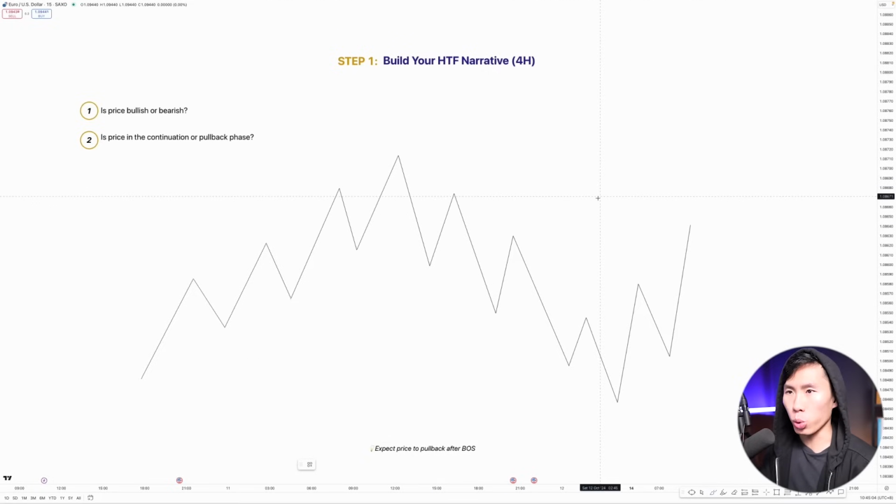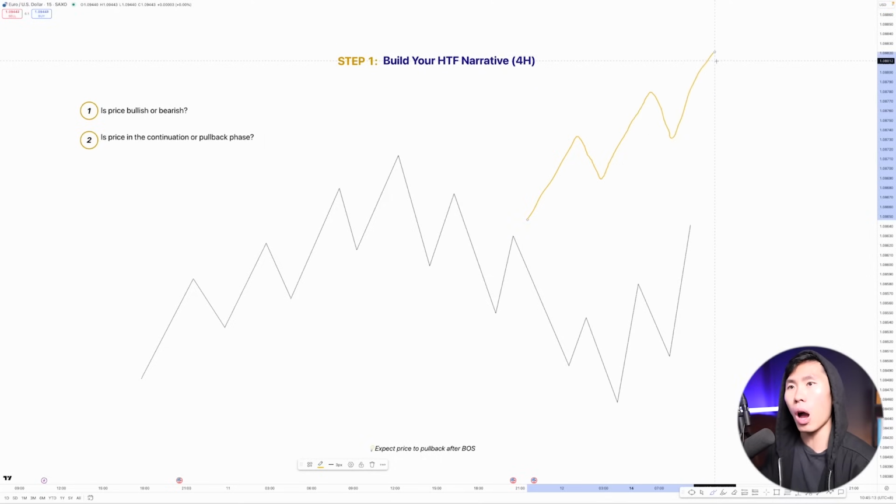So we know that price will not just go up or down in a straight line. If price wants to go up, it will go up, pull back a little bit, and then go up even higher, pull back a little bit, and then go up even higher. That's just how the market works, right? Nothing will ever go up and down straight. I know this might sound super basic, but people need to be reminded more than they need to be taught,